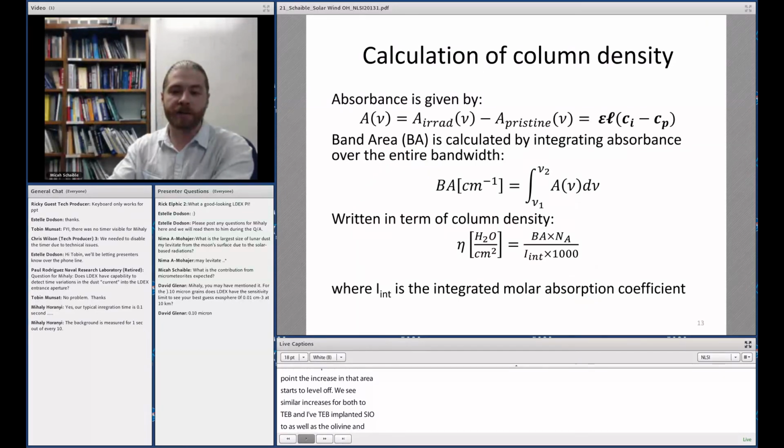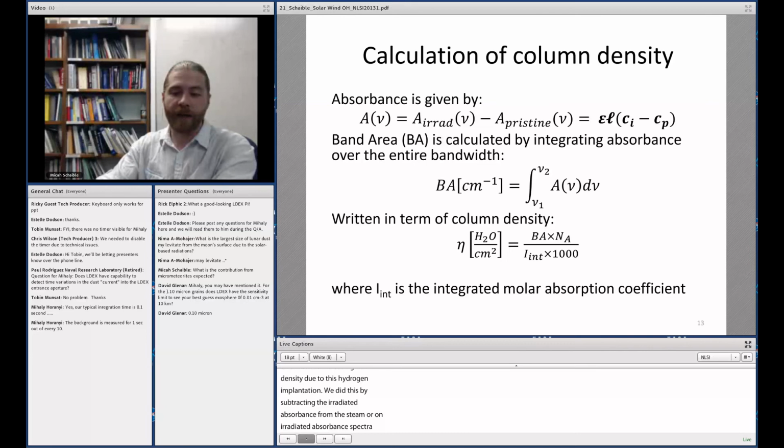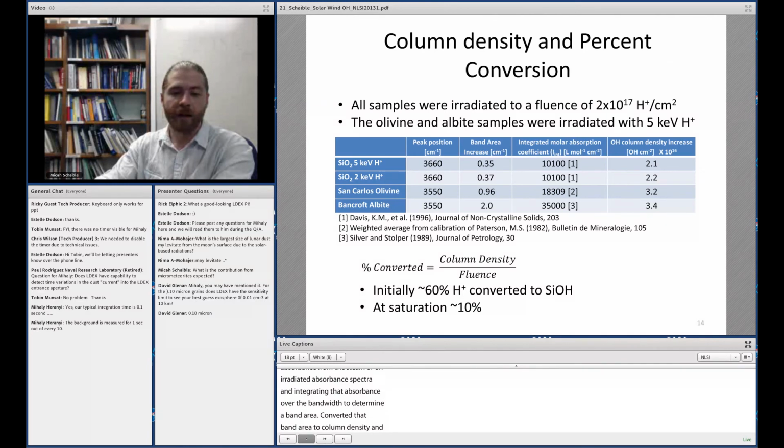So after we determined the increase in band area, we wanted to calculate an increase in column density due to this hydrogen implantation. We did this by subtracting the irradiated absorbance from a pristine or unirradiated absorbance spectra, and then integrating that absorbance over the entire bandwidth to determine a band area. We then converted that band area to column density, and we see that for 2 and 5 kV implanted silicon, we get an increase of about 2 times 10 to the 16 OH molecules per centimeter squared. Where for the olivine and albite, we see a slightly higher increase of about 3 times 10 to the 16